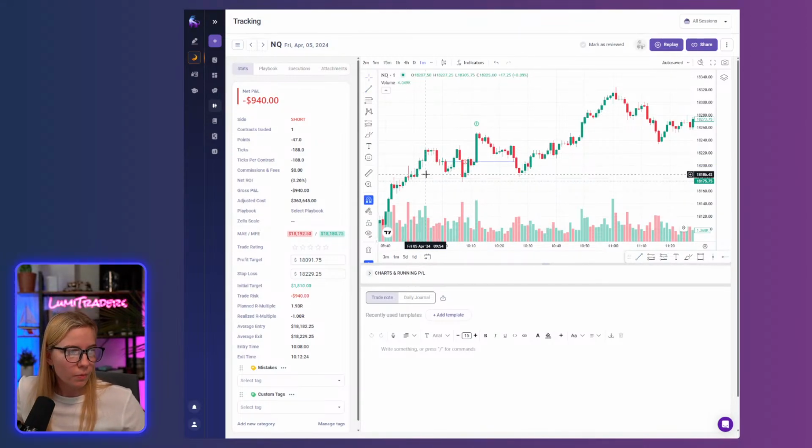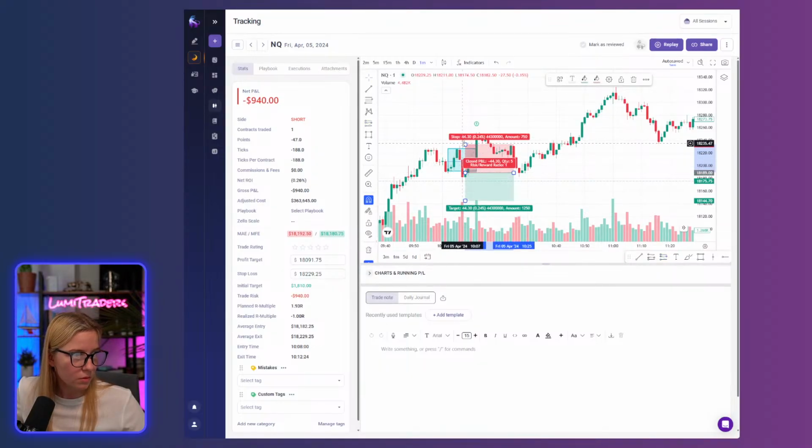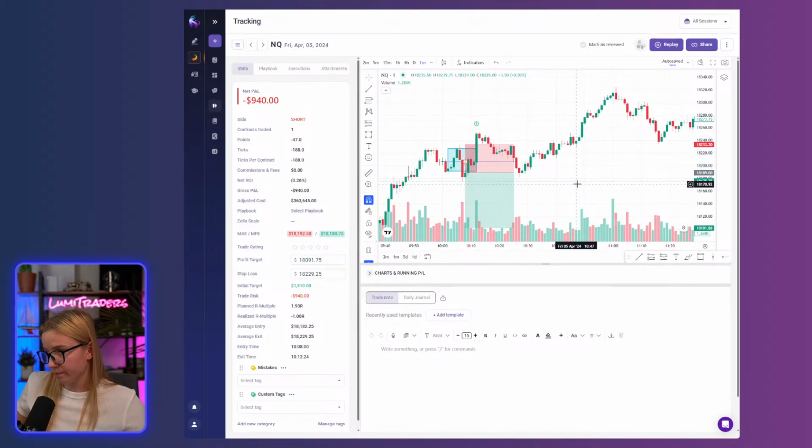From what I saw, price traded above the 10 a.m. open and offered an order block, so I looked at the sequence of these candles right here. After the closure, I was trying to short. I was aiming for 2R, and as you can see, it was a 2R trade. So it failed.